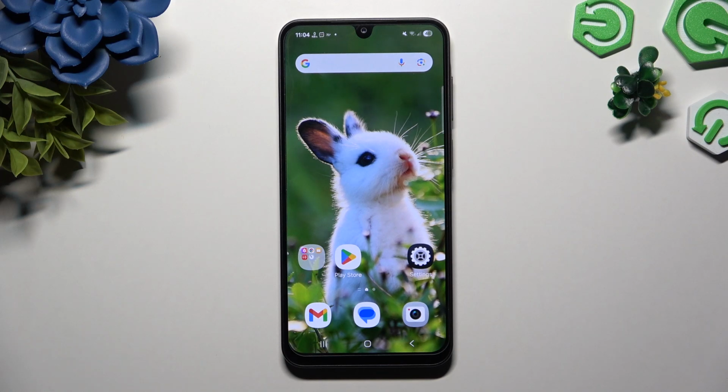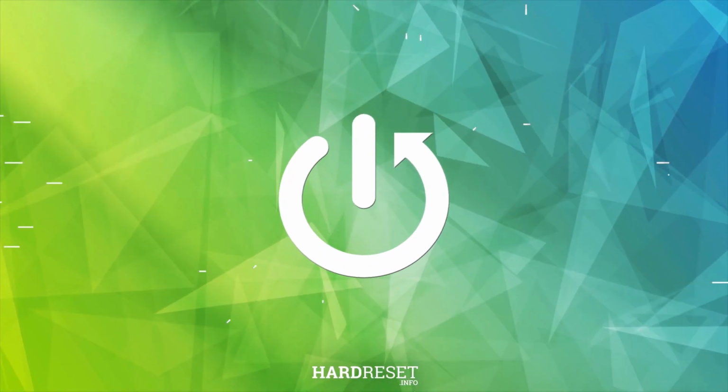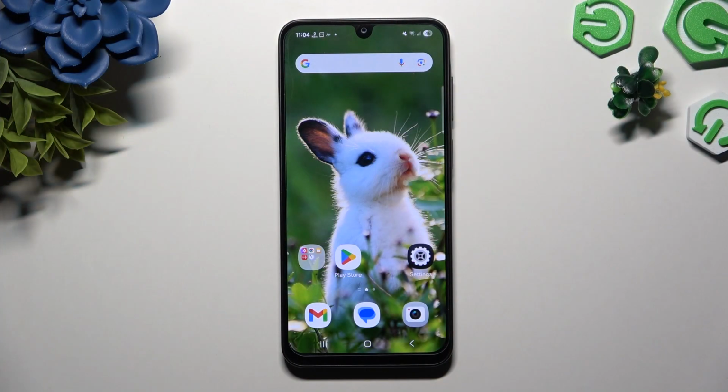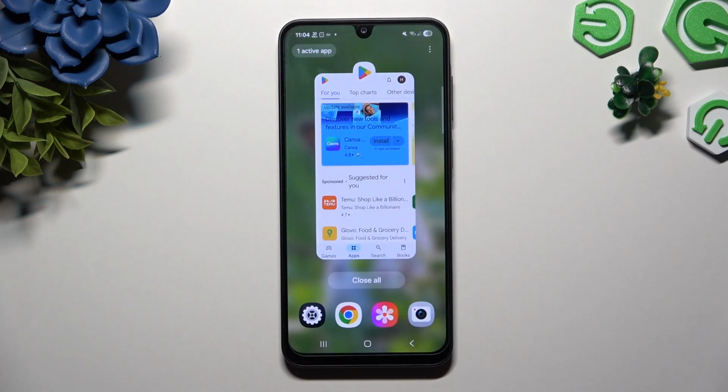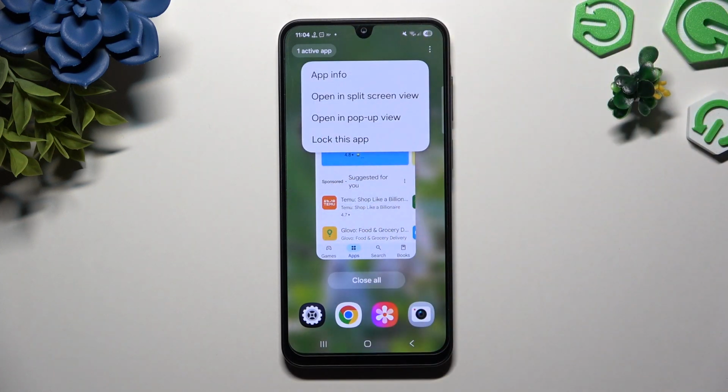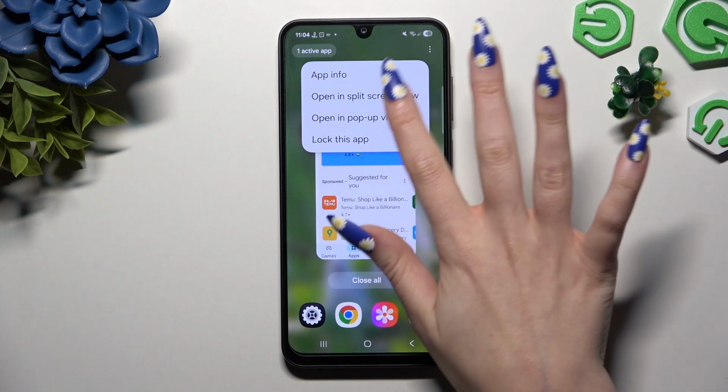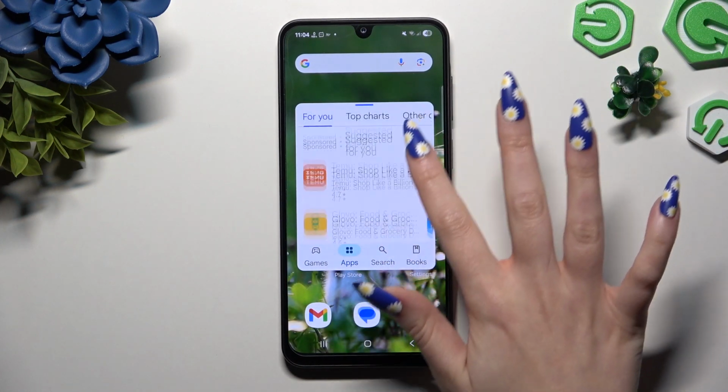In front of me is Samsung Galaxy A26 and today I would like to show you how you can open apps in pop-up view. Begin by selecting an app you wish to use in this view and launching it in the background. Then click on the icon of it at the top, select Open in pop-up view and enjoy using your app